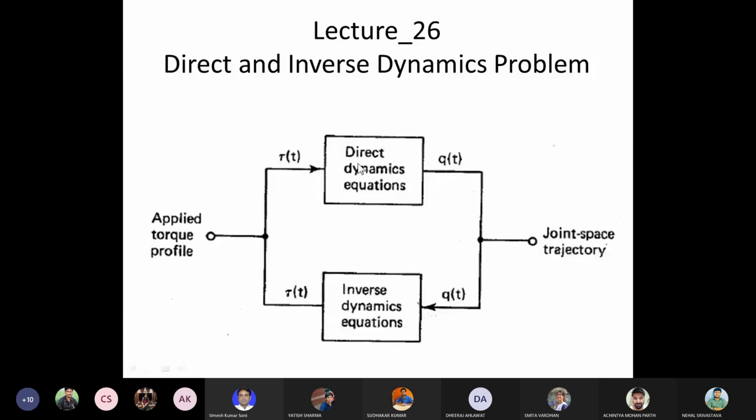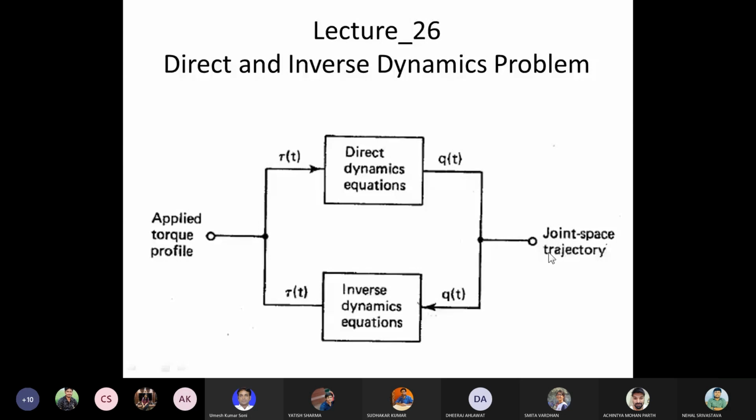So this is the problem of the direct dynamic equation, when you determine the joint variables based on the differential equation. How do you get this? Using the integration, by the solution of this differential equation expression. Once you solve the differential equation, you get the value of the joint variable with respect to time. It may be any function of time.